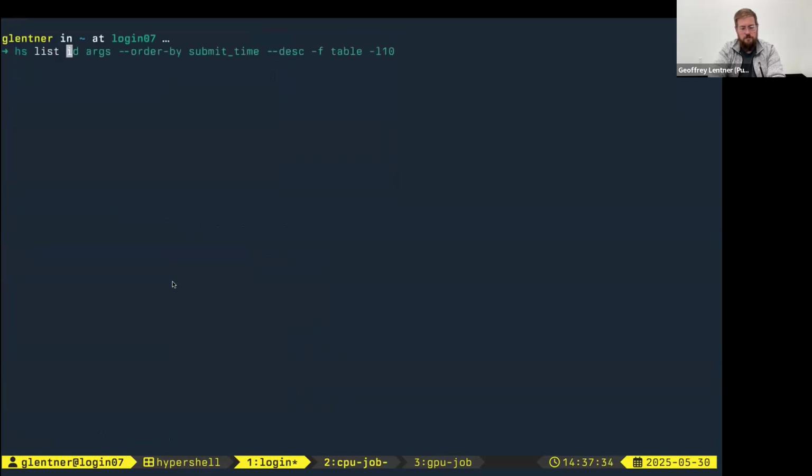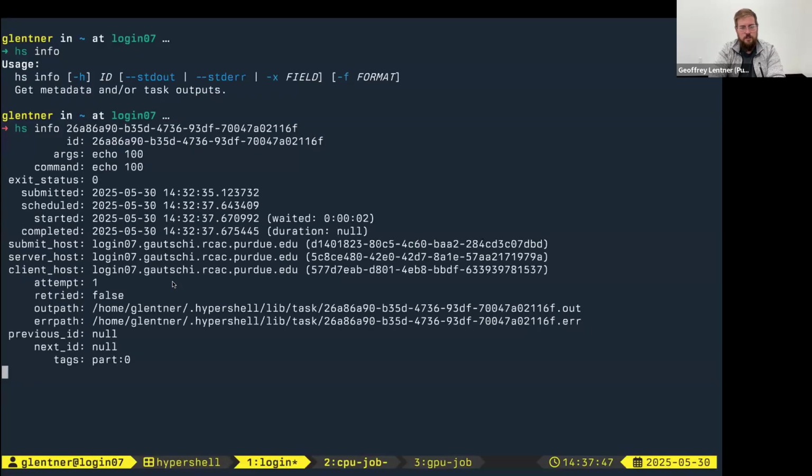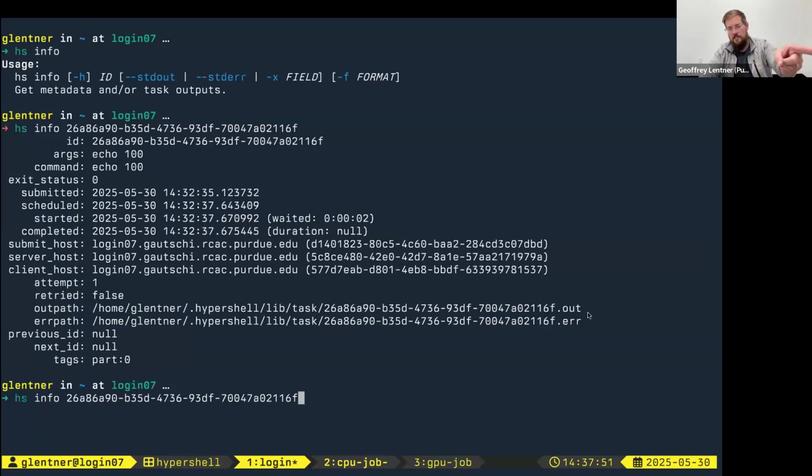You can filter. So I could say like where ID equals something. You could also say info with an ID, and it's the same thing. And notice at this moment we had enabled output capturing. So you could say --stdout. The thing I want to point out here is that